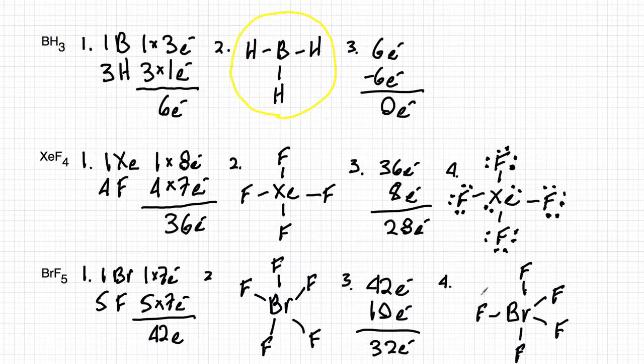So let's go ahead and start giving octets. 2, 4, 6, 8, 10, 12, 14, 16, 18, 20, 22, 24, 26, 28, 30. Okay, everyone's got 8, but unfortunately, we have to put down 2 more electrons, and your choices